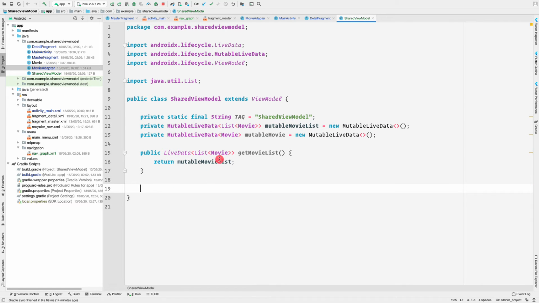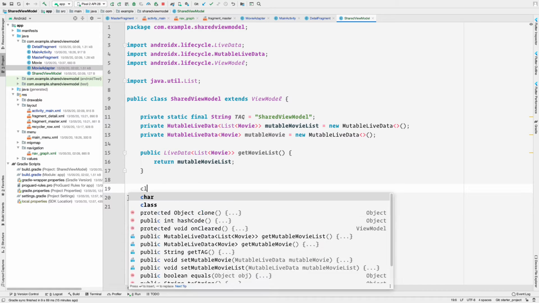And now since we do not have an API or we are not using Room, we can simply load the movies here inside our shared view model. So let me load them asynchronously. For that I'll create an AsyncTask, but in a typical application you should be creating another file here called your movie repo, where you should be handling all the addition and deletion of the movies. But here inside this tutorial I'll be doing all that stuff inside my shared view model.